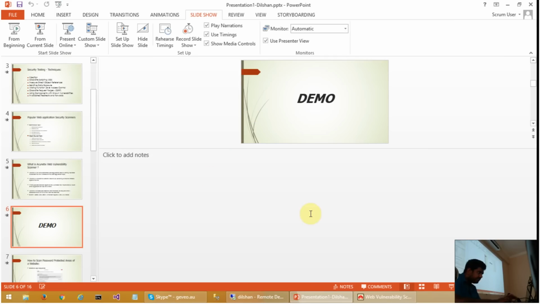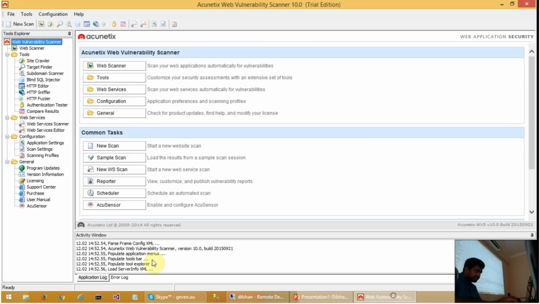First, I will be demoing the desktop version. This is the main desktop version. Here you can see the first user view. This is a trial version, so there are some limitations, but I will try to overcome those drawbacks. I did some research and found some screenshots of how the whole procedure is done, so I will be showing those afterwards.